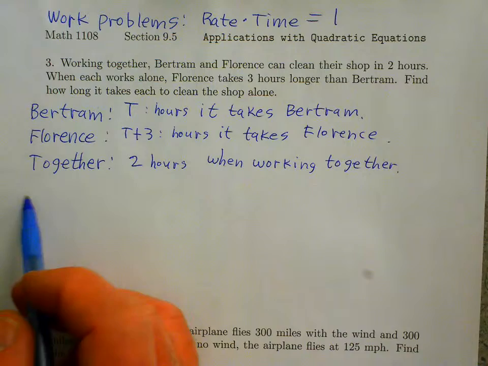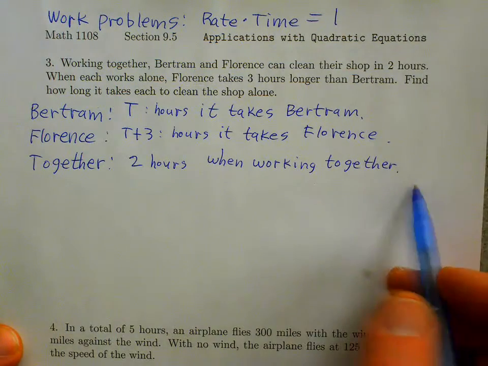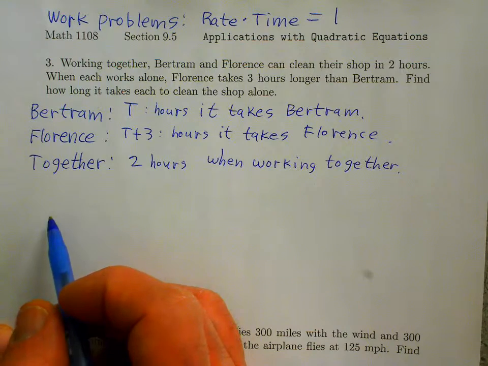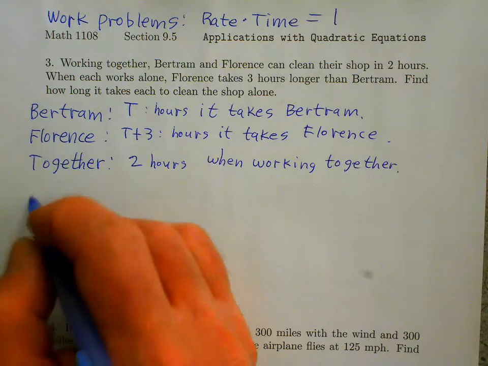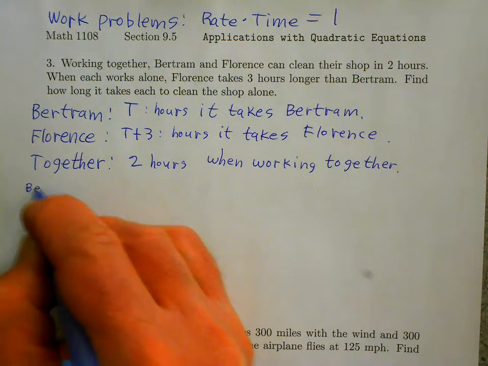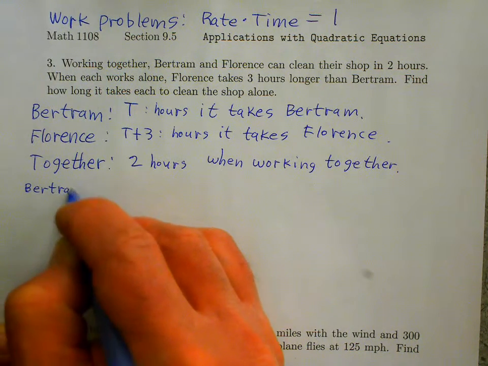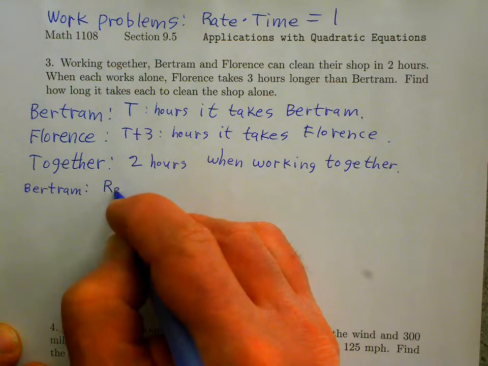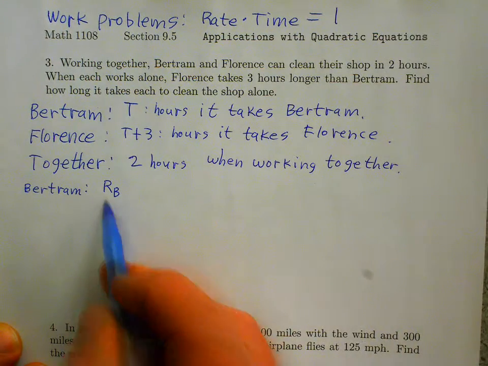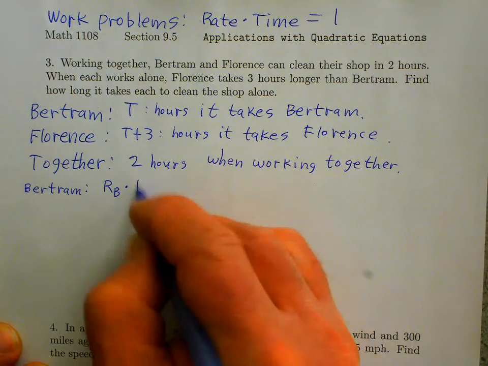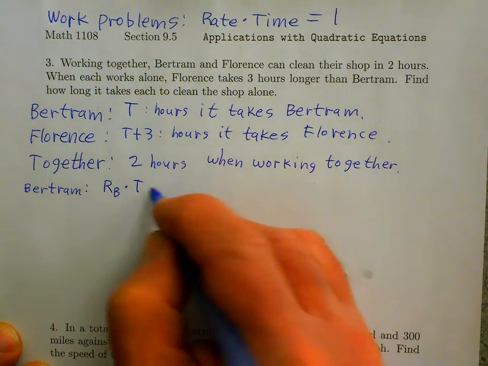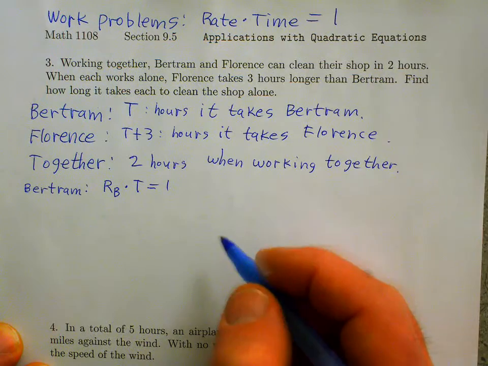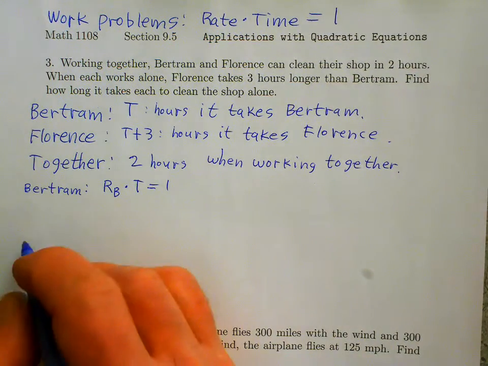Okay, so now we're going to write down 3 equations, each having the form rate times time equals 1. One for Bertram. So Bertram's equation. Bertram works at a certain rate. I'm going to refer to his rate as R sub B. And in T hours, he can complete one job. He can clean the shop. In T hours,